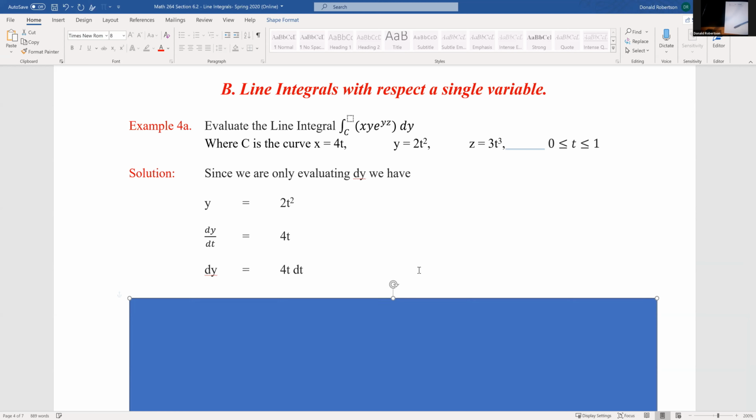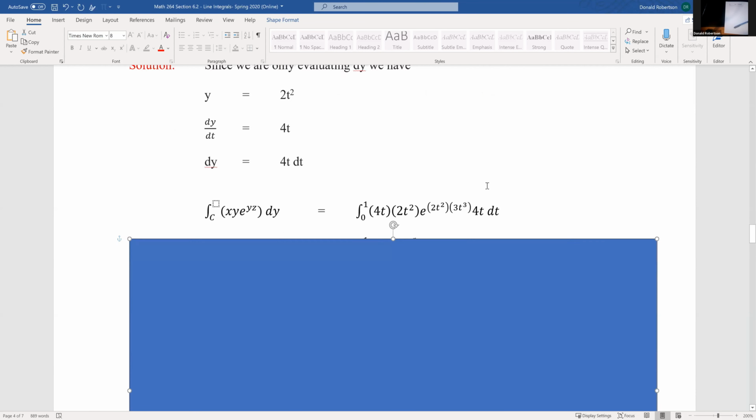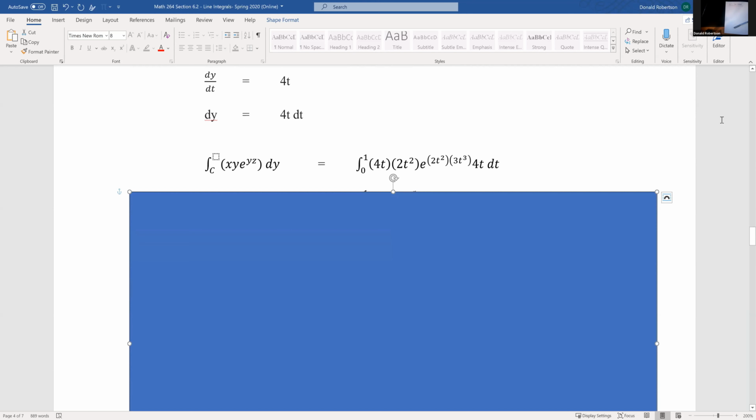Yeah, okay, good. So there is our line integral that we're being asked to calculate. Hopefully I got this right. I believe I did. That 4t is the x. That 2t squared is the y. That's e to the y, the 2t squared. 3t cubed is the z, followed by a 4t dt. And the 4t dt was what the dy was equal to. So you see, everything has been turned into t's, which means that we are now looking at a single integral,